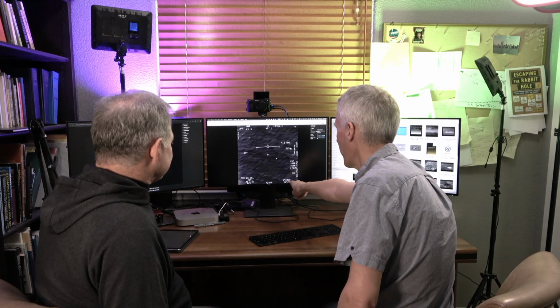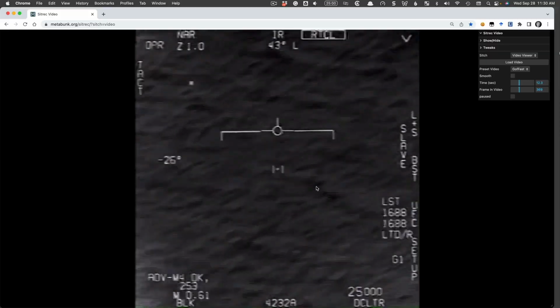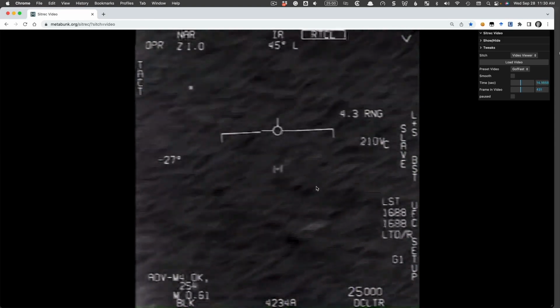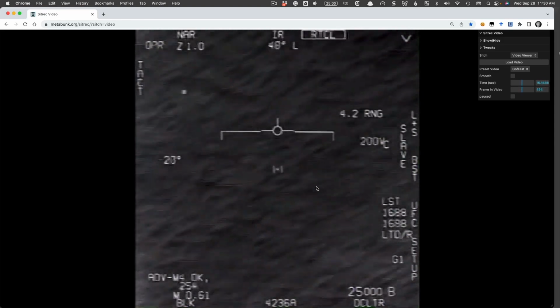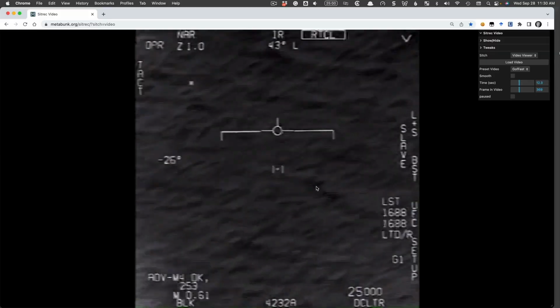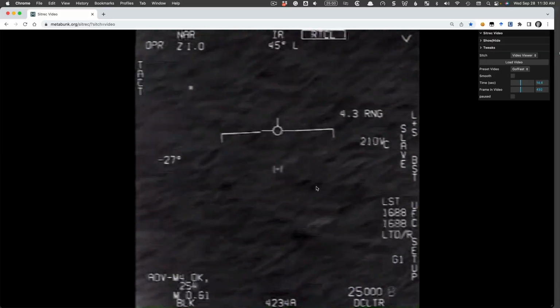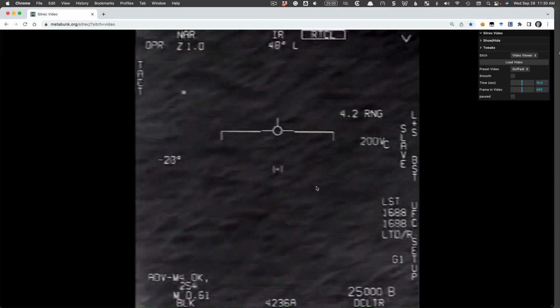Subtract that from 25,000 feet, you get 14,000 feet. So it's actually 14,000 feet above the ocean. It's not down by the ocean. It's halfway between this plane that's taking the video and the ocean surface itself, which means that it's actually moving very slowly. I've heard people who should know what they're talking about, pilots, military pilots, people in these government hearings,